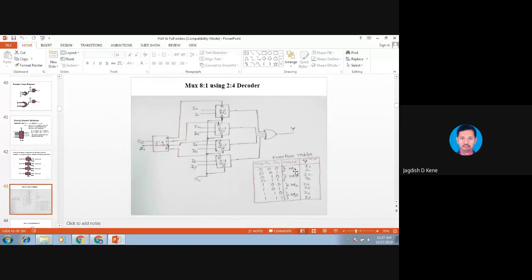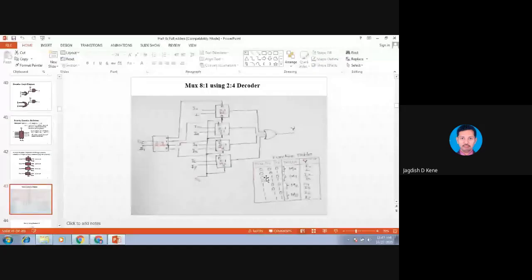See here, for the first two combinations, multiplexer M0 is active because of the status of S0 and S1. S0 is going to change, so there are two statuses of S0, 0 and 1. For that, M0. The next combination is 0, 1, so here we have M1, but the status of S is don't care, that may be 0 or 1.